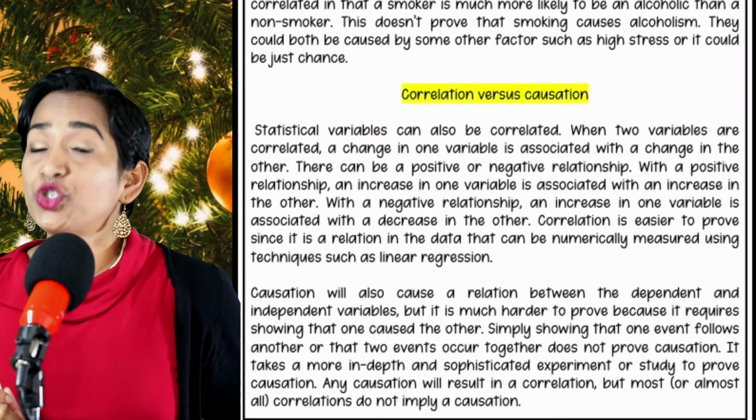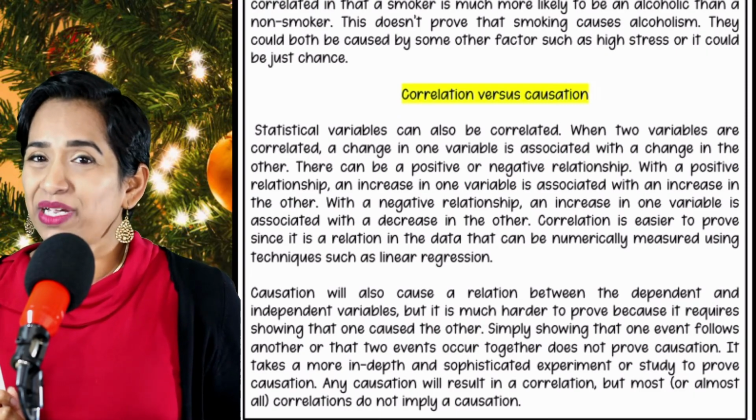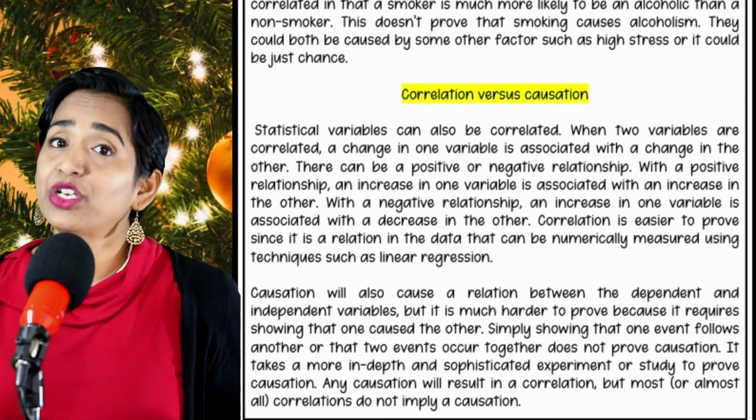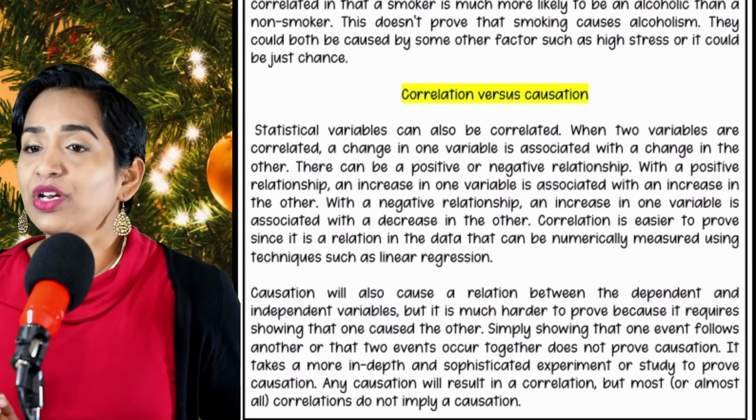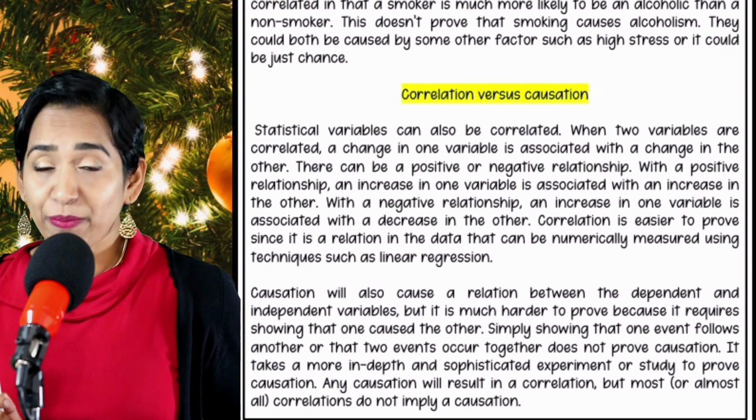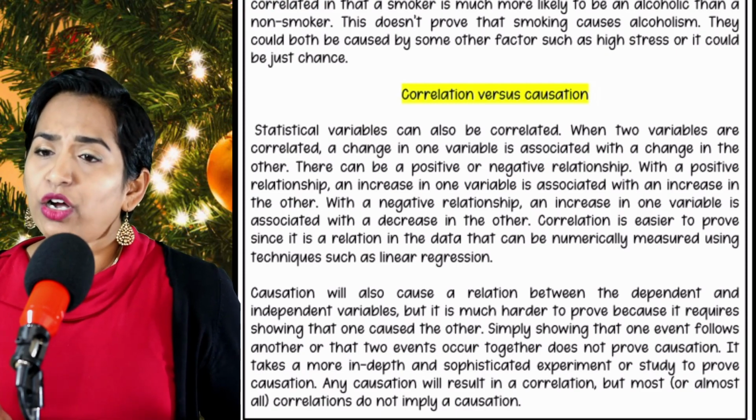Correlation is easier to prove since it's a relationship based on data values that are numerically measured. Causation will cause a relationship between the dependent and independent variables, but it's much harder to prove because it